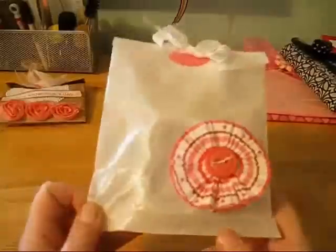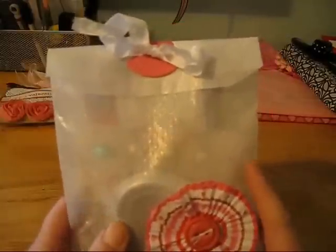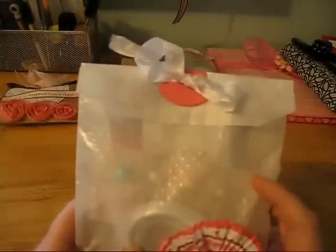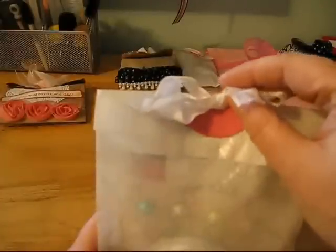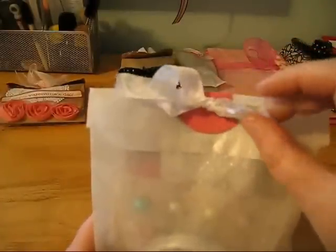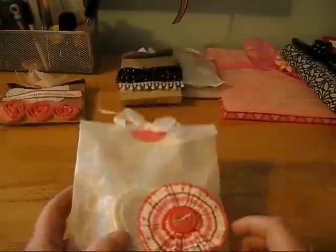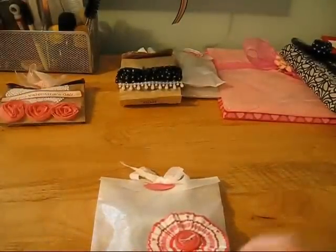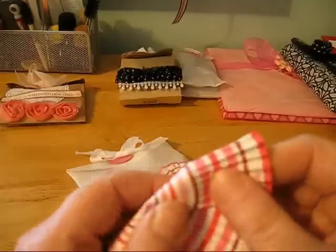This bag I took the Swiss dot embossing folder again, ran it through, used some pink cardstock for the tab punch, some white seam binding, and then I made this flower out of cupcake liners. And what you do is you take 2 cupcake liners, fold it in